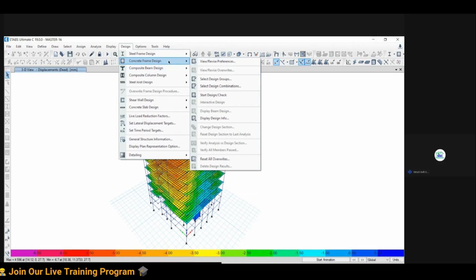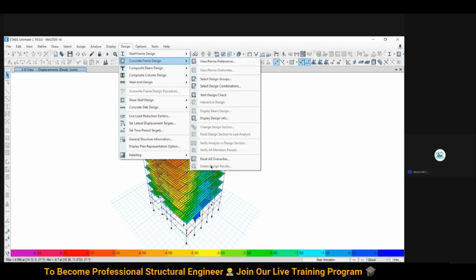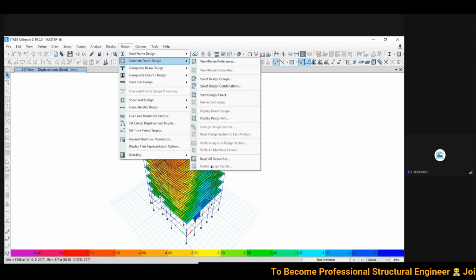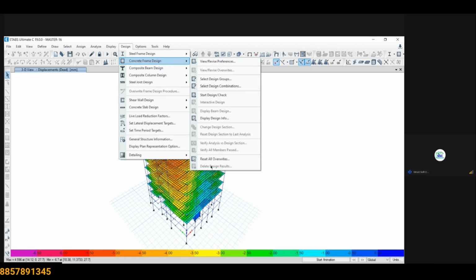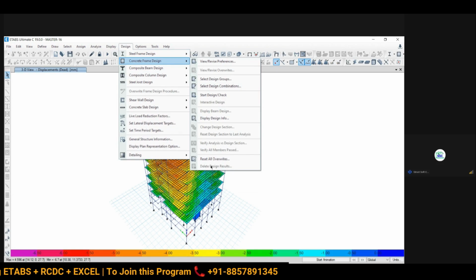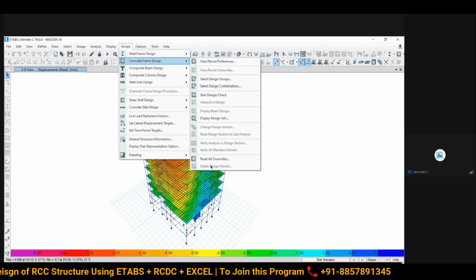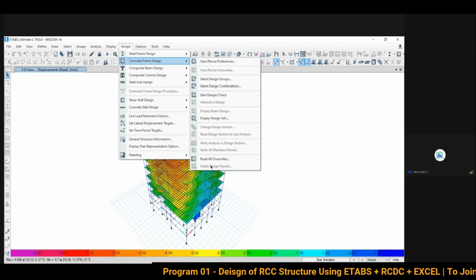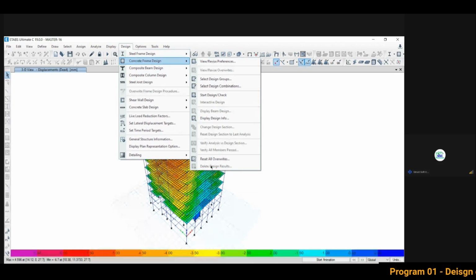When you take your cursor over this, further multiple options can be found. And as I told you earlier, when you are going to perform any action like modeling, analysis, design, scheduling or detailing, before that you have to make many settings. Before modeling, a lot of settings and definitions have to be created. Before analysis, a lot of settings and definitions have to be set. Likewise, before design also you have to set a lot of settings and definitions. Then only can you go for the design of the beam and column, that is, the frame elements.